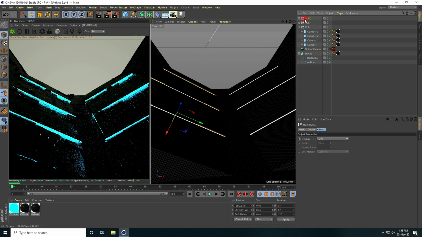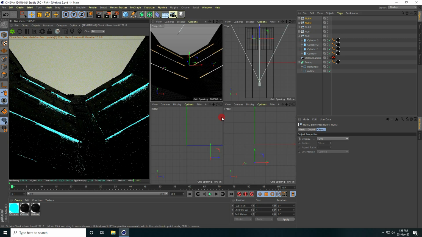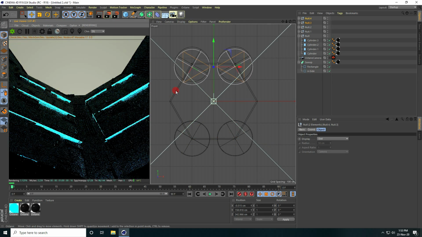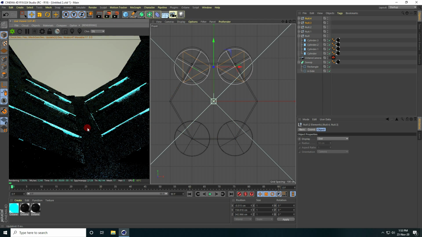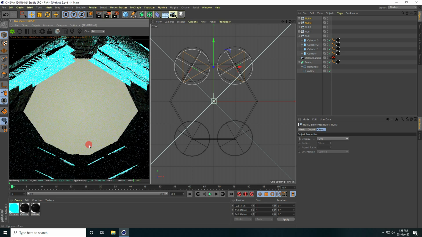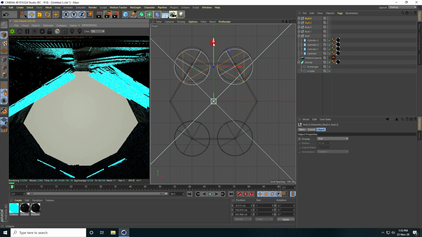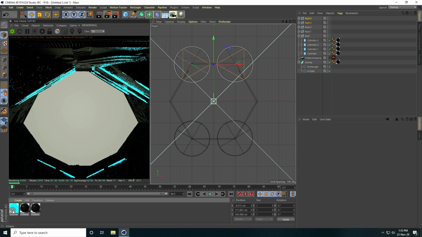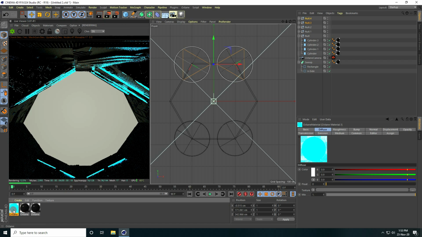Okay, so now select both shapes and again copy, go on top, and a little bit back, same, and up. Yes, and now change only the material, so copy this material.